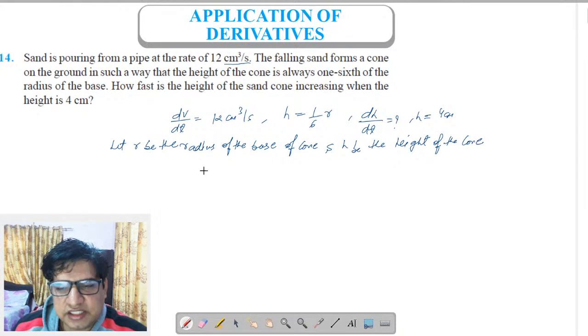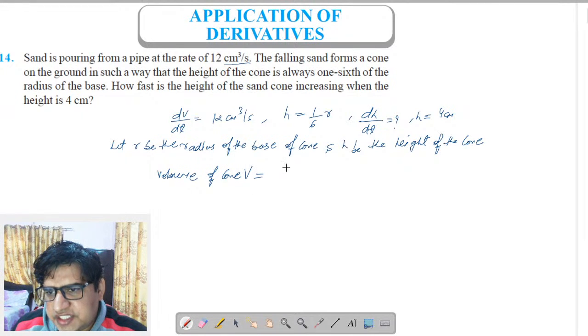we can simply write the volume of the cone. So as we know, the formula for volume of the cone is V is equal to 1/3 π r² h, ठीक है। और इसमें r क्या है, radius of the base of the cone, ठीक है। और इसमें we are supposed to find out dh by dt, ठीक है।